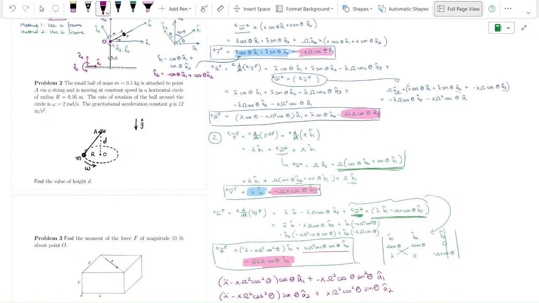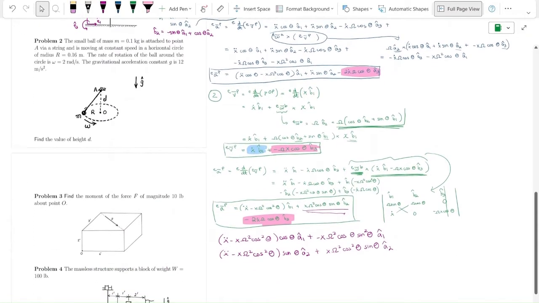Did I do that correctly? So B1 hat is cosine theta A1 hat plus sine theta A2 hat. And then this term is negative sine theta, cosine theta A2. Okay, yeah, so these are correct. And I think if we group the terms now, so if I group the A1 and A2 hat terms,